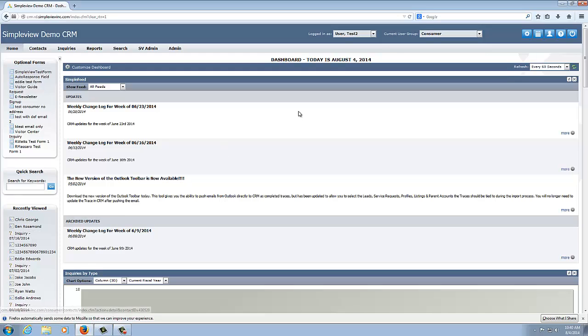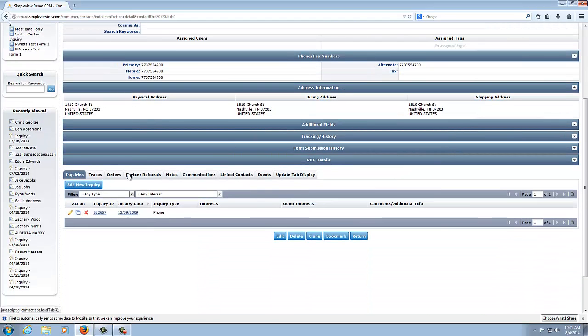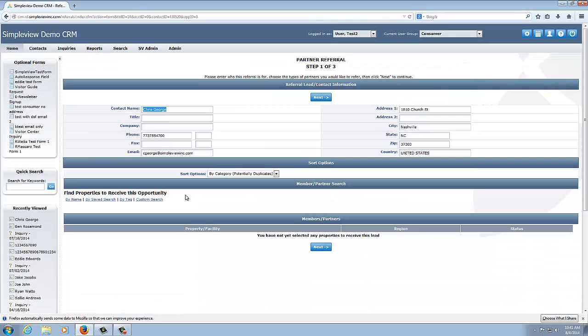And for example, the partner referral tool, again, works the same in all the databases. We'll jump around and take a quick look at a few of them. But in consumer, for example, when I have a new leisure traveler on the phone, or he's stopped in and I'm able to collect some information about him, I create his core record, and then we'd come down to build our partner referral. Where the same thing,